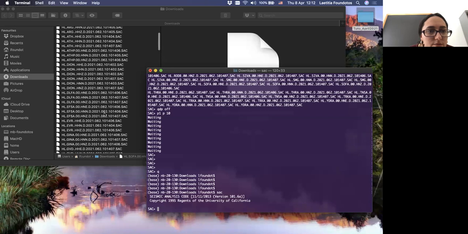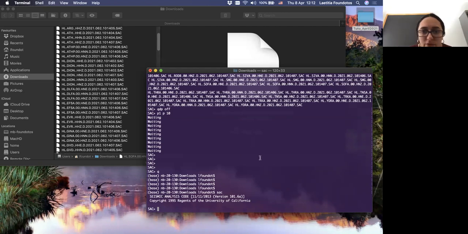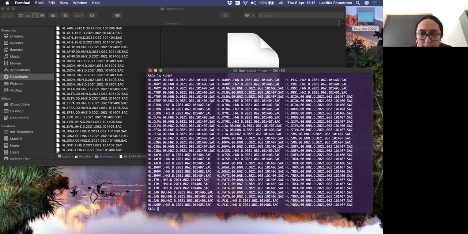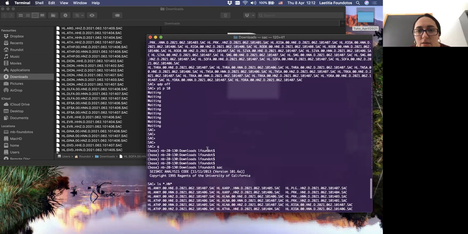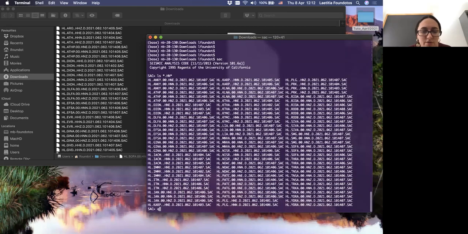I'm just searching for a station that could be interesting for us. Sorry. Which one can I take? I don't know which one I can choose. Maybe I do not remember.